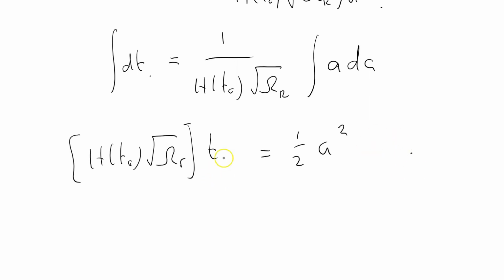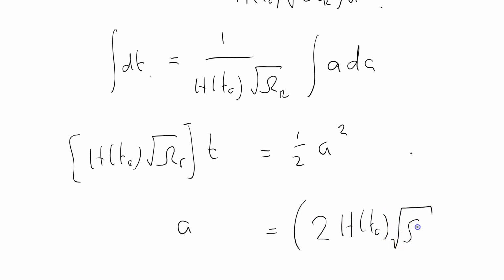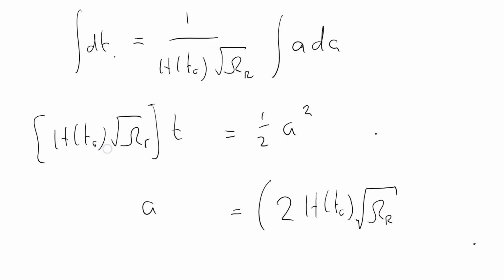Doesn't really matter, all it's doing is affecting your offset of time. So that basically says that A equals, taking that 2 up there, the square root of 2 H(t0) square root of Ω_r times t, with a suitably chosen